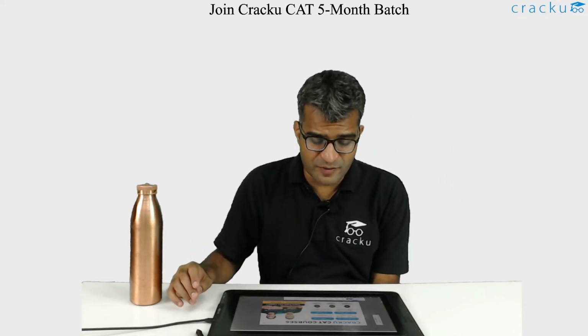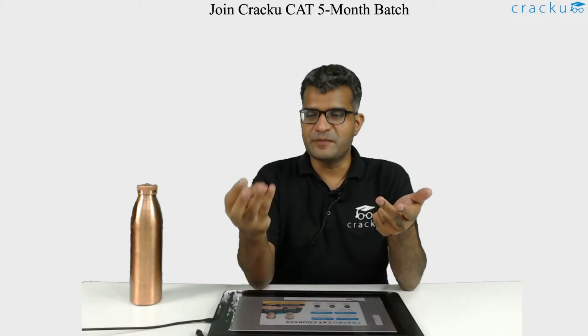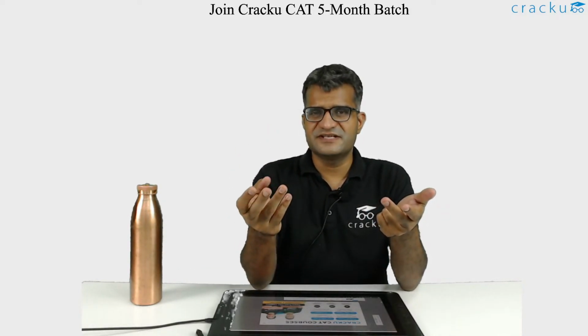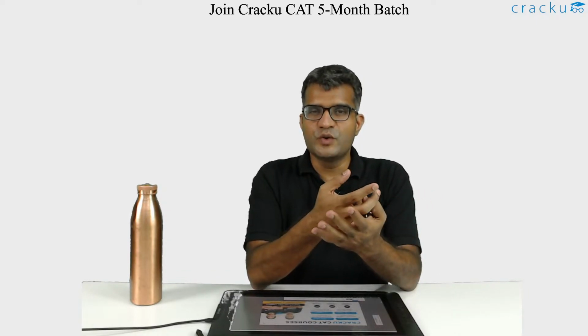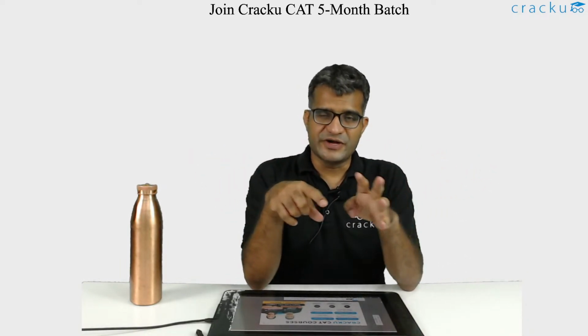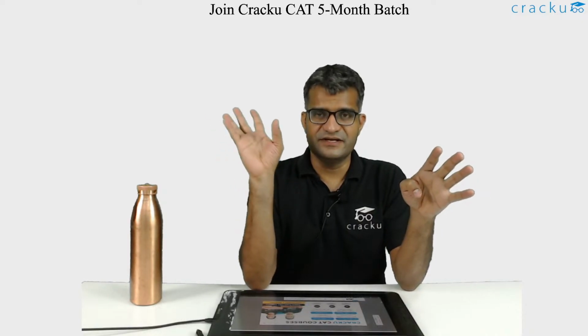Nagaraj Barekar is asking about important topics for LRDI. I already mentioned the important topics, but I'll repeat them. Important types of LRDI sets are arrangements, Einstein's puzzles, Venn diagrams, and DI. DI is basically pie charts, bar graphs, spider webs, all of these things. Then you also have 2D, 3D type charts, where you are given a web, something like going from one station to another station. You have multiple cities that you can go through, and you have to go from one place to another through multiple ways. That is basically routes and networks.